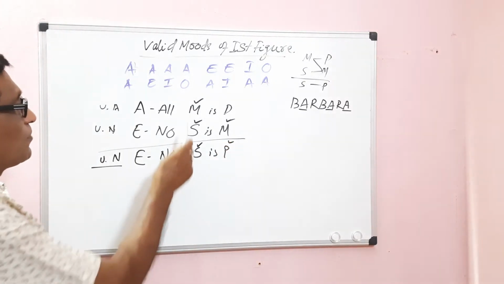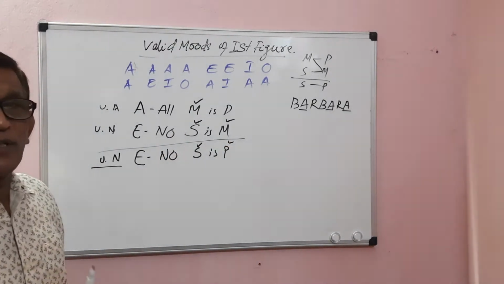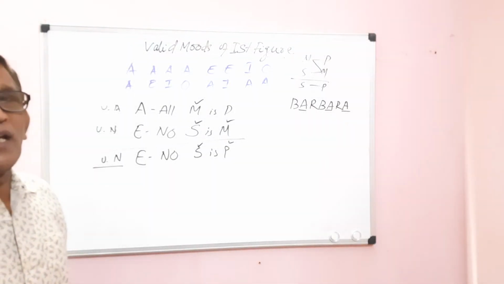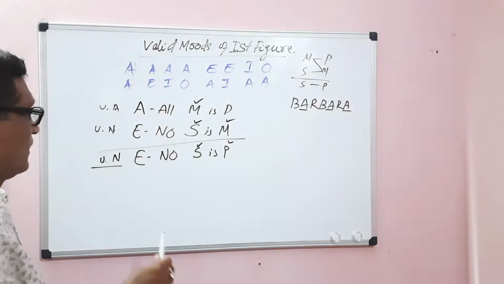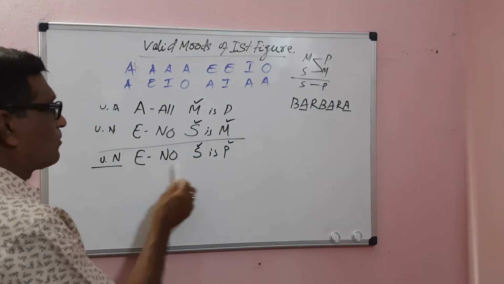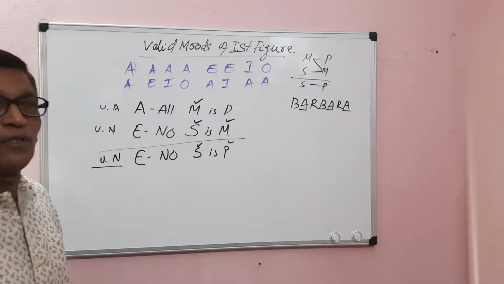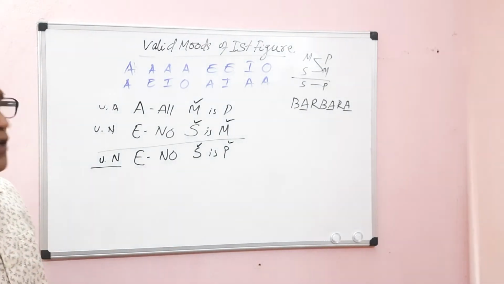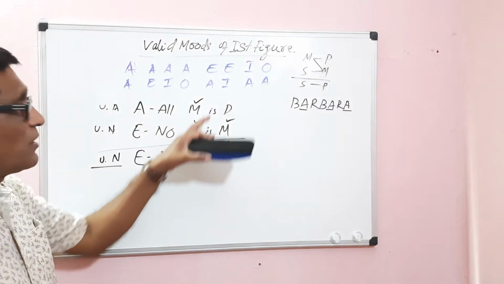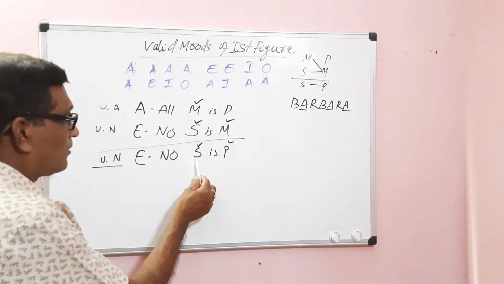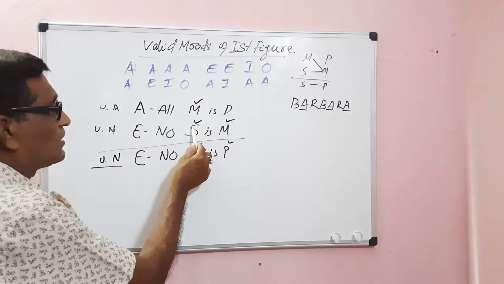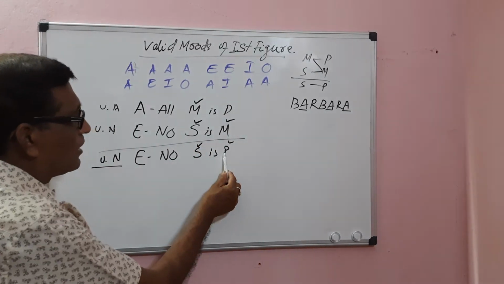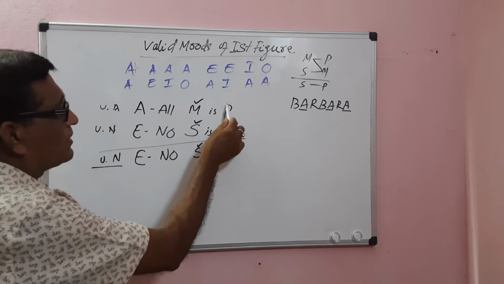You see, first of all you have to see whether the middle term is distributed or not. The middle term is distributed in both the premises. There is no fallacy of undistributed middle. Then we have to go for the conclusion. In the conclusion, both subject and predicate terms are distributed. Both the major term and the minor term are distributed in the conclusion. We have to see whether these two terms are distributed in the premises or not. The minor term is distributed in the conclusion, and it has been distributed in the minor premise. The major term is distributed in the conclusion, but it is not distributed in the major premise.